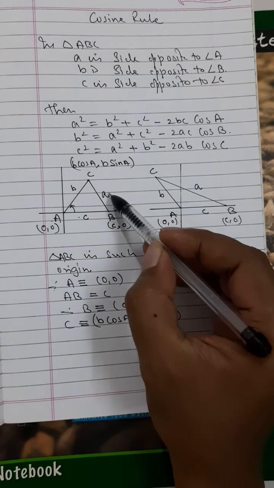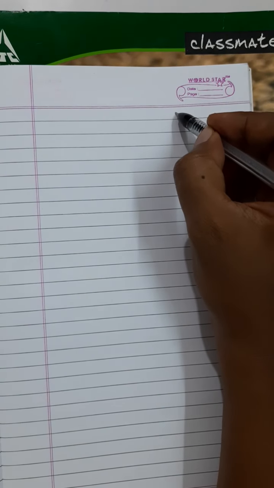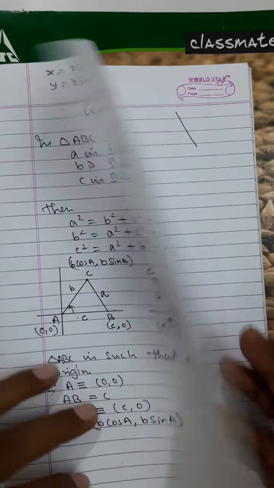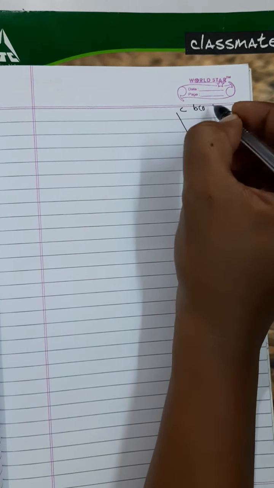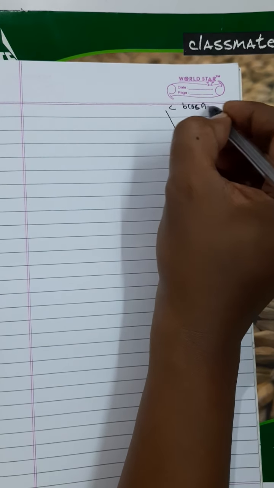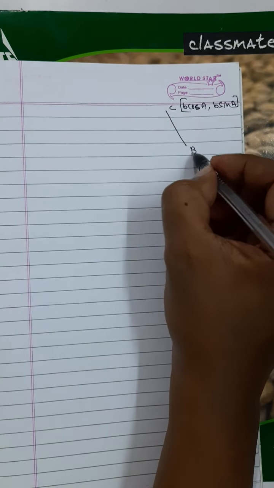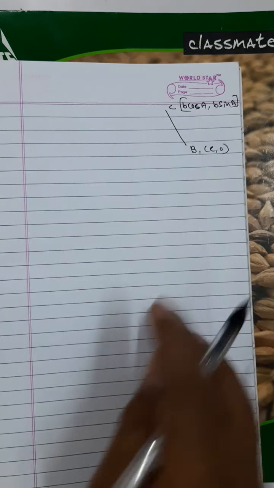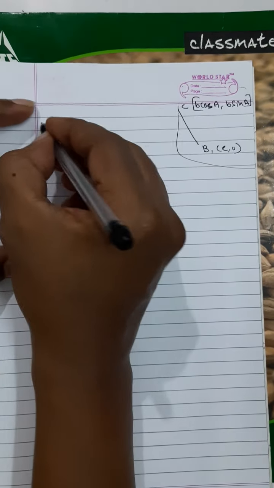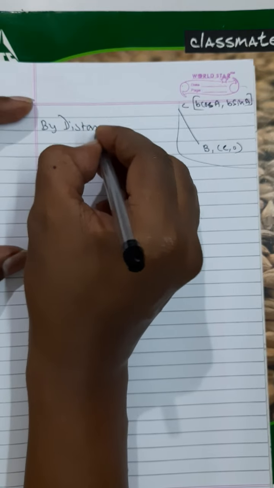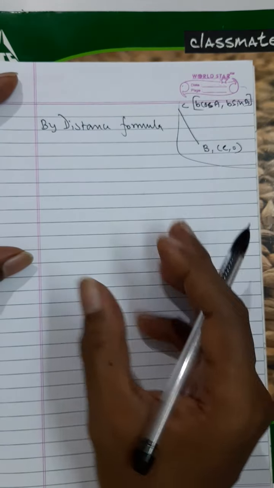And now what you have to do is find this a square, simple, by the distance formula, nothing more than that. You have to just apply the distance formula which you have studied in 10th. See here, this is the picture: C is (b cos A, b sin A), and this is (c, 0). Fine. This is of course rough work. So here we will get it by the distance formula. You don't have to state everything over here. I am writing in detail so that if anybody has any confusion, they will understand.